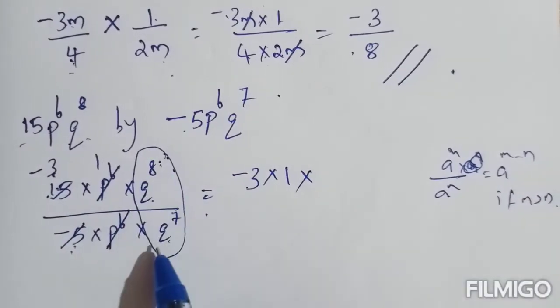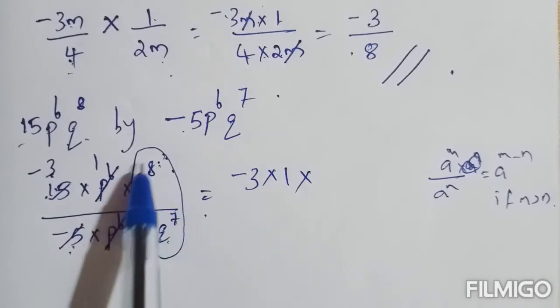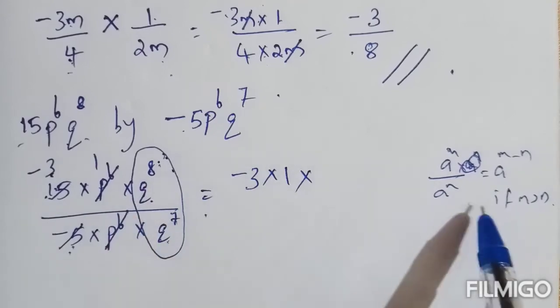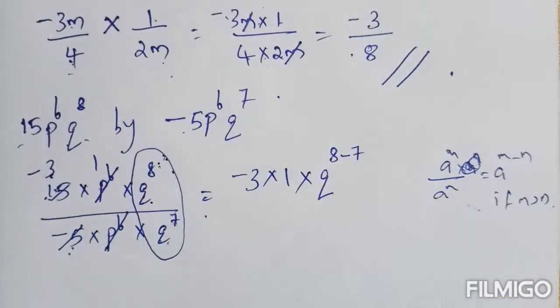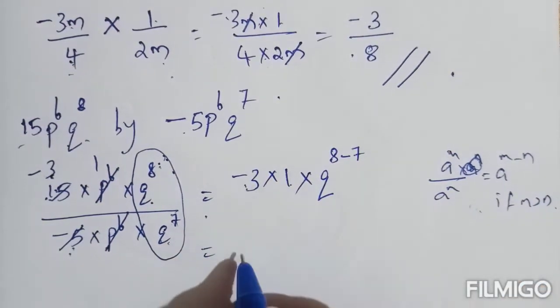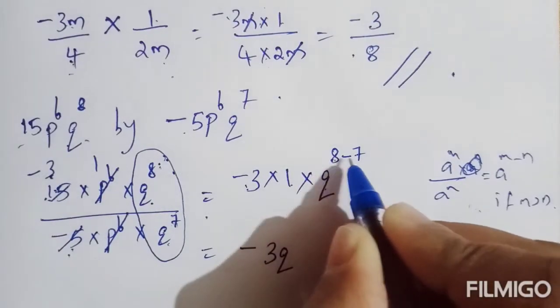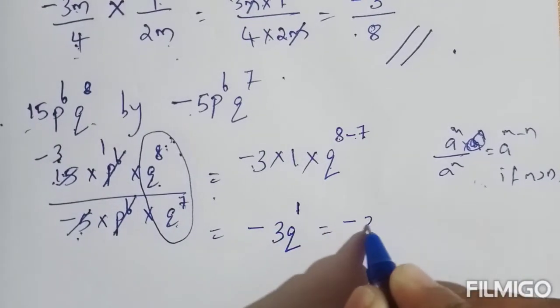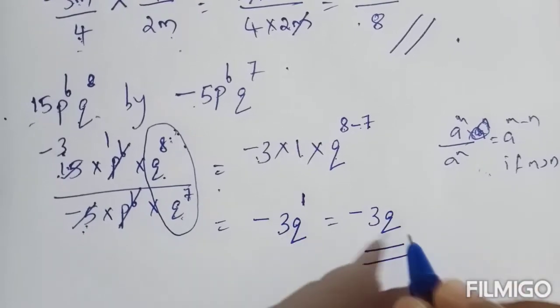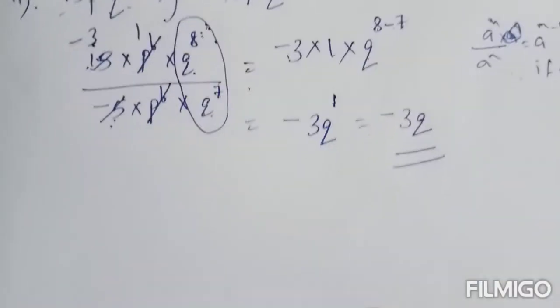So here q raised to 8 divided by q raised to 7, m equal to 8 and n equal to 7. m is greater than n here. So you can use this quotient law, that is q raised to 8 minus 7. Okay, so minus 3 into 1, minus 3, q raised to 8 minus 7, it is q raised to 1, which is equal to minus 3 q raised to 1. We can simply write q. So minus 3q will be the answer. Okay, in that fourth one,